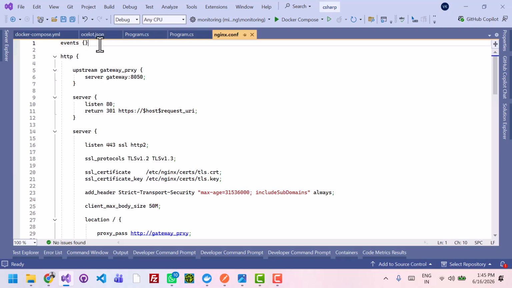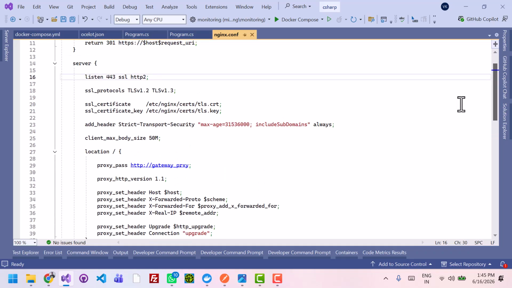As of now, this is empty, and I have configured the server so that it will listen for SSL. Whenever we hit that HTTPS endpoint, it will go to the